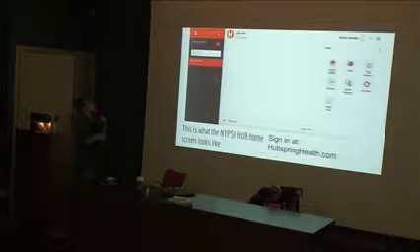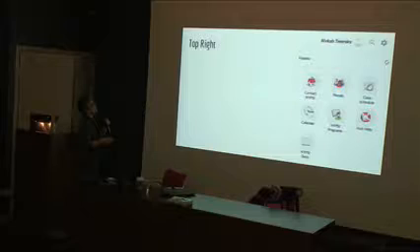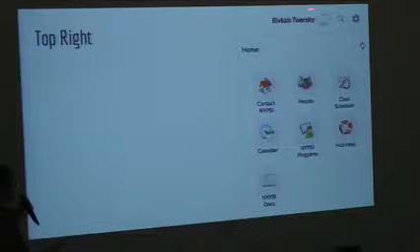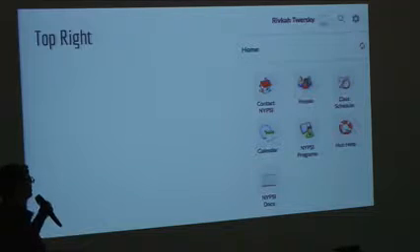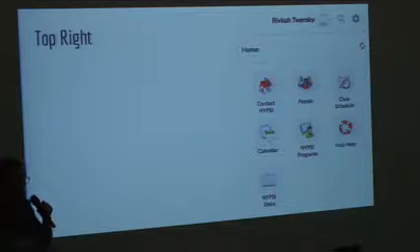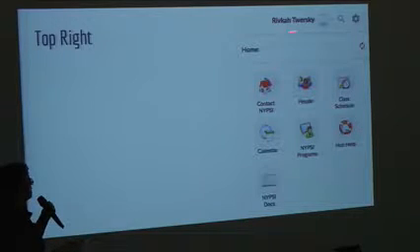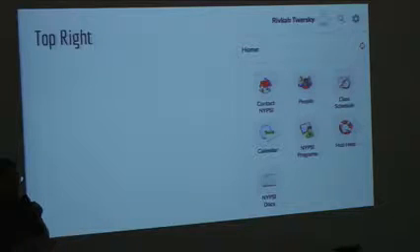So we're going to look at the different parts separately. First, we're going to look at this part, the right-hand side. Top right. What do we have? We have my name. This is actually a dummy user that I created for myself that I will delete after we're done. The reason I created it is so I could have screenshots that look like what you're going to see, because my actual user name, which is Rebecca Twersky Kangmana, has administrative privileges that other people don't have, so it'll look different.